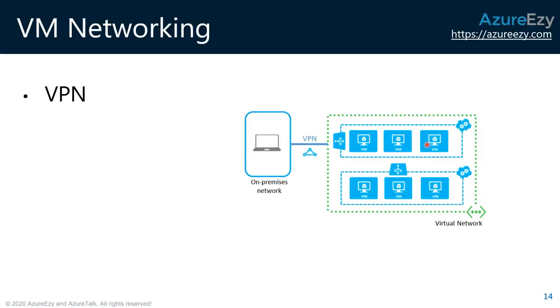Now, talking about networking of virtual machines, which is very important from the application point of view. When you develop your application and deploy it, it must be consumed by some user. And when users consume it, or even when you connect to this application, networking becomes a very integral part of your solution. Because if the application is not reachable, then what is the use of those virtual machines with whatever configuration or size you have configured? So with networking, you have to give a little more consideration and a little more understanding.